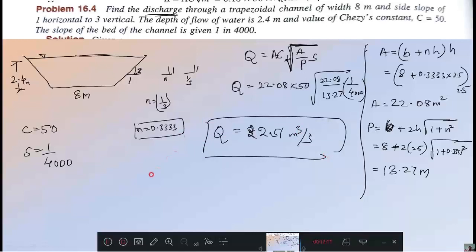Okay, now we will go to the next problem. These problems are 6 marks or 8 marks problems. How the marks will be distributed, I will show you. If you write this one, 1 mark will be there, area 1 mark, and perimeter 1 mark, and after that substitution and getting the answer is 3 marks. 6 marks is over. Understood?